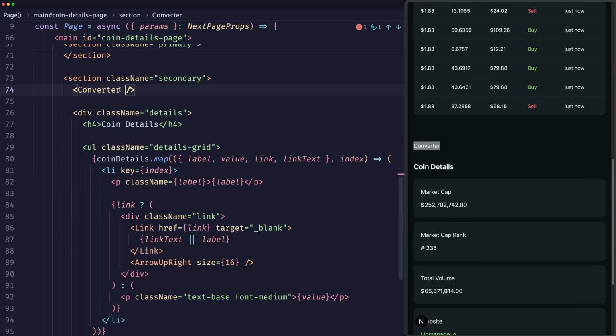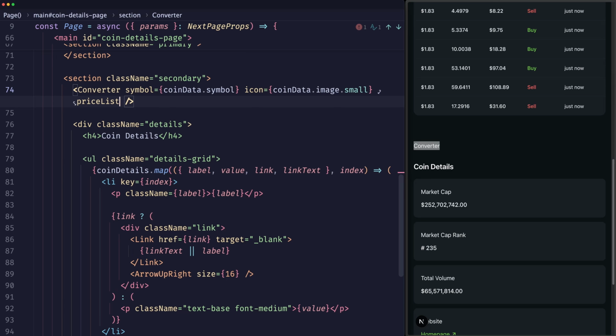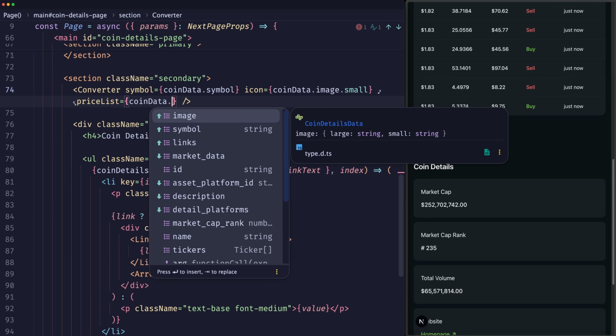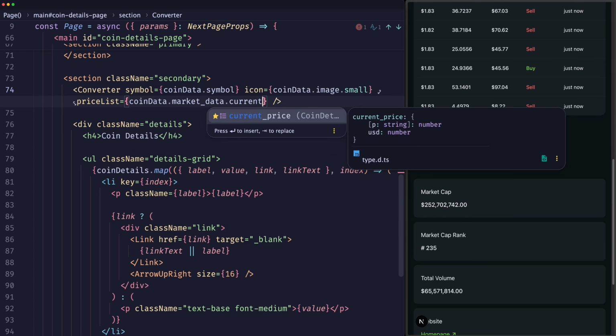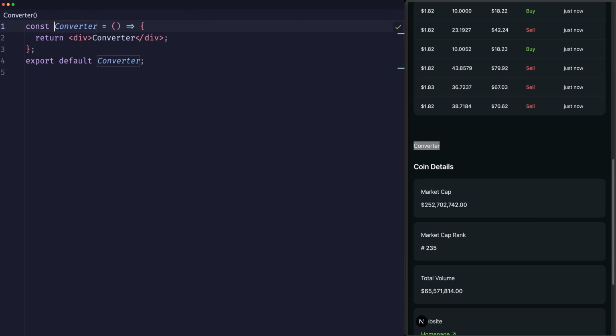To it, we'll have to pass a couple of things, such as the symbol, which is going to come from the coinData.symbol, the icon coming from coinData.image.small, as well as the priceList, which is equal to coinData.market_data.current_price. So if you pass all of these three things, you're ready to head over into the converter component, accept these three props, and implement it. So let's just destructure them. The symbol, the icon, and the priceList, all of which are of a type ConverterProps,